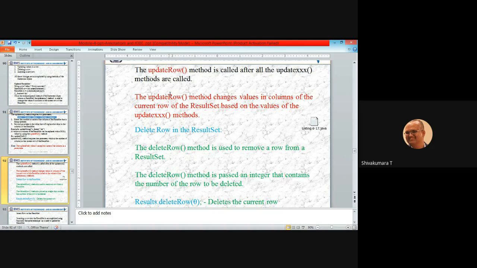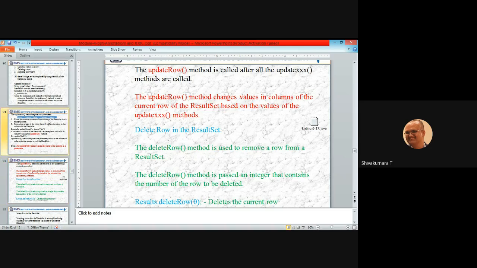Either you can update in a single update statement, or you can update all the records once, and finally invoke the updateRow method to update all the affected content onto the result set table. The updateRow method changes values in columns of the current row of the result set based on the values of the updateXXX methods.